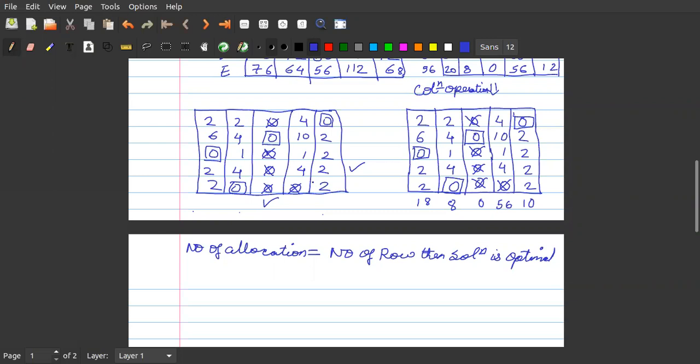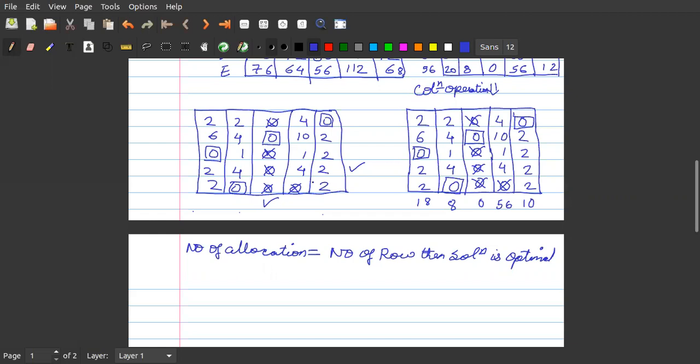In the ticked row, wherever there is a zero, we will tick that column. So in row number 4, there was a 0 in column number 3. That is why I have selected column number 3. Is it clear?